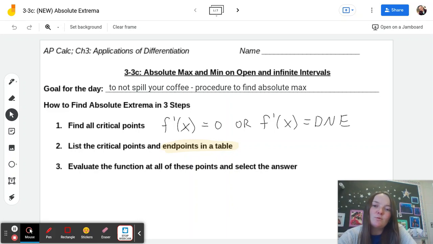Okay, so today we're going to be working on 3-3C, absolute maxes and mins on open and infinite intervals. So basically our goal for today is to find procedures to find absolute maxes and absolute mins on a